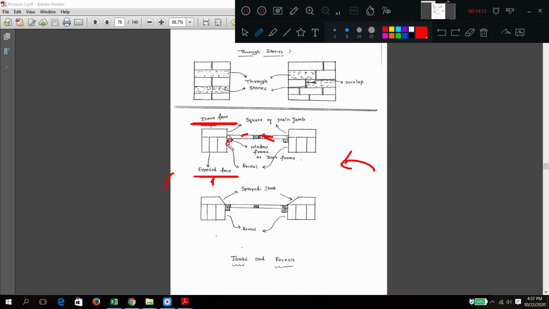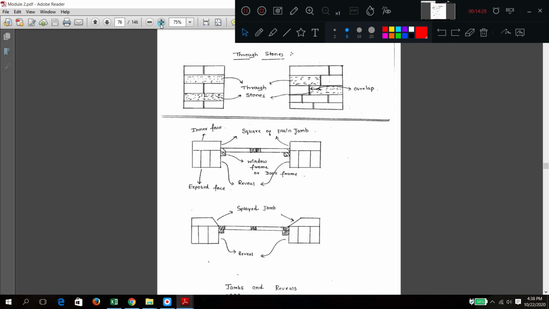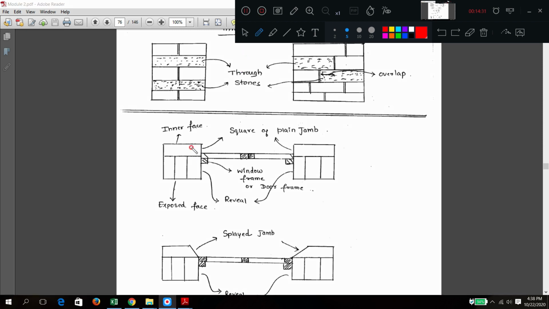Okay, now this is the exposed portion of the wall outside the frame. I hope now it is clear. I will enlarge this one. Now you can see the wall, inside surface, outside surface. Okay, now after fitting this window frame, some portion of the wall is left blank. Here also some portion is left blank. The window frame will not cover the full width of this wall. Some portion is only covered.